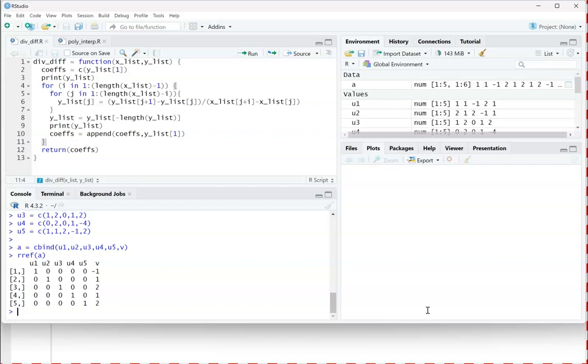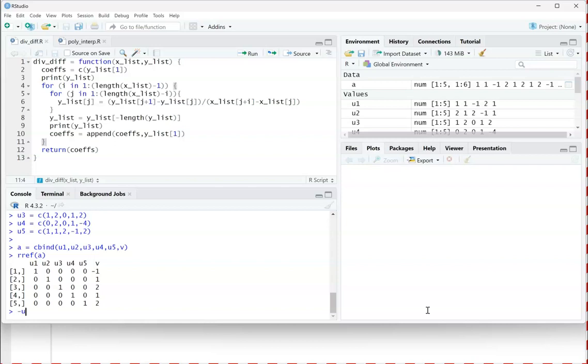And so that gives us that we can check that negative U1 plus U2 plus 2U3 plus U4 plus 2U5 equals V. And again, the nice thing about having all of those things stored as variables in a program like R is I can check it quickly, right? I can do,